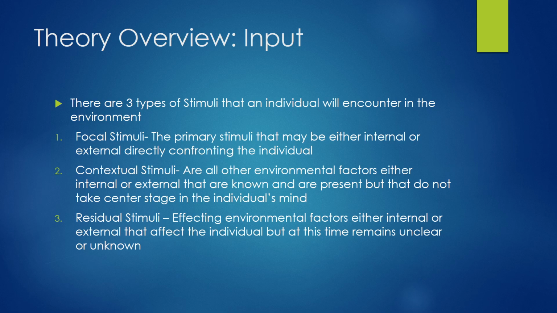Part of the theory overview is where it all begins, the input. There are three types of stimuli that an individual will encounter in the environment. First off is focal stimuli. This is the primary stimuli that may be either internal or external, directly confronting the individual. Secondly is contextual stimuli. These are all of the other